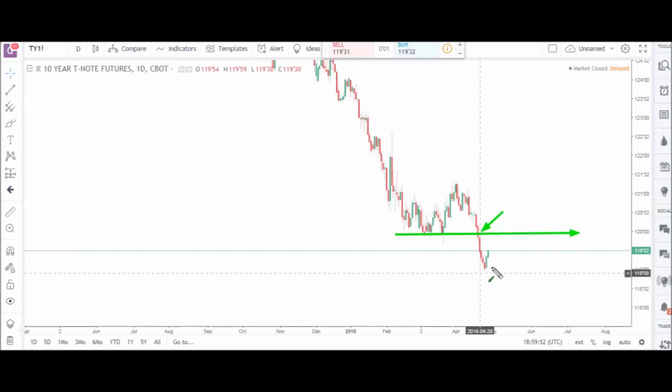We had talked about this possible scenario in our analysis of this market last week. We had talked about how we had a very strong looking breakout past the 120 round number, but that we really didn't have a pullback at all to this level, either an initial pullback or an extended pullback. And it seems like we could be getting an extended delayed pullback now as the market just continues to trickle